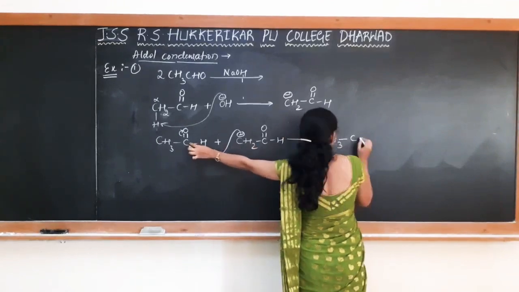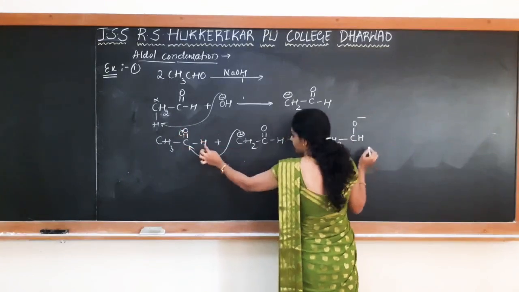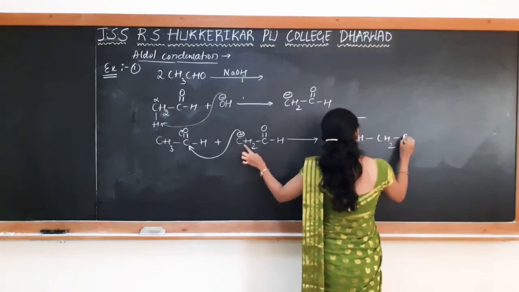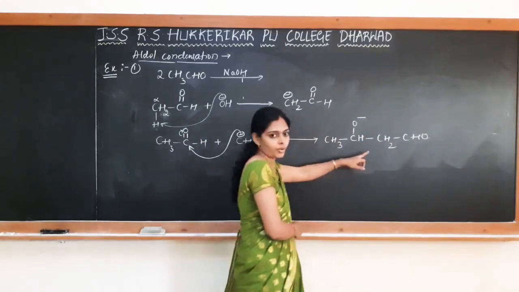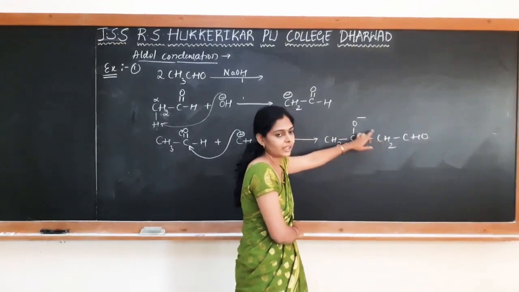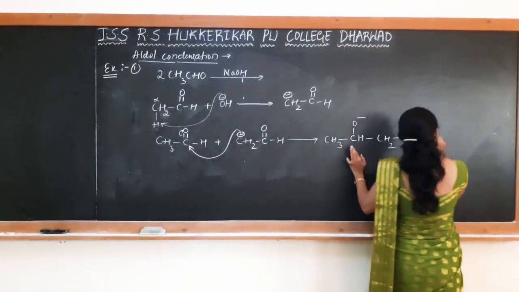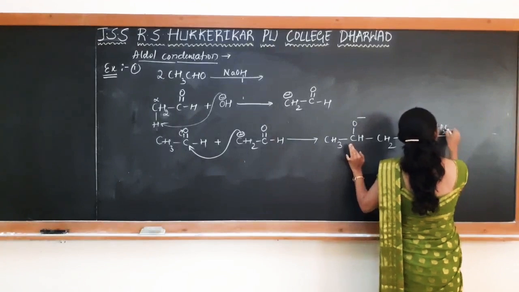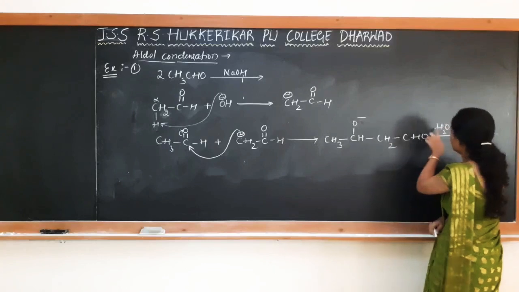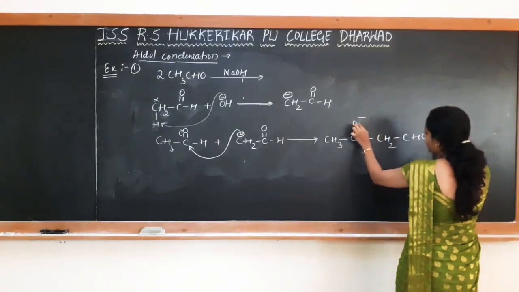So here what we have is CH. Now electrons are shifted onto oxygen, so I'll write it as O minus. This carbon bonds with CH2 and CHO as it is. So this is how we get an intermediate by the attack of the nucleophile on another molecule of ethanol. Now in the water medium, here we have a negative charge. It is neutralized by taking up a proton. So by taking the proton, it becomes OH.